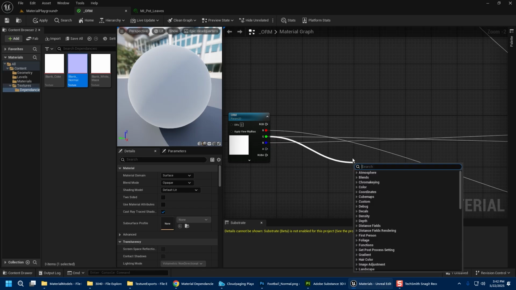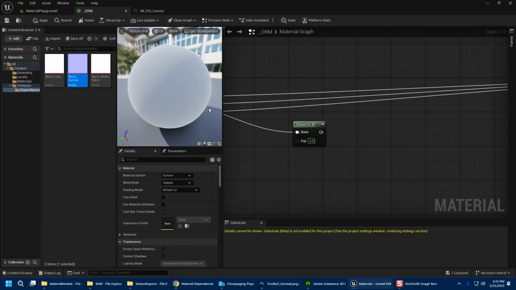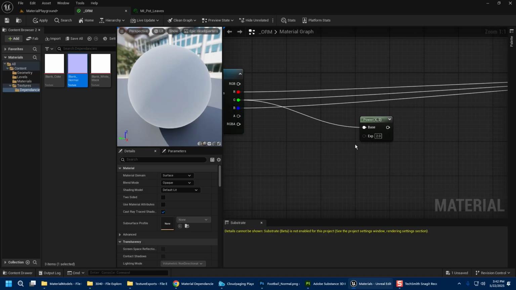So if I drag out from here and I type in power, this is going to crunch away some of the gray tones to be either closer to the white or closer to the black, which for a roughness map is probably going to be pretty useful. So for this, I will